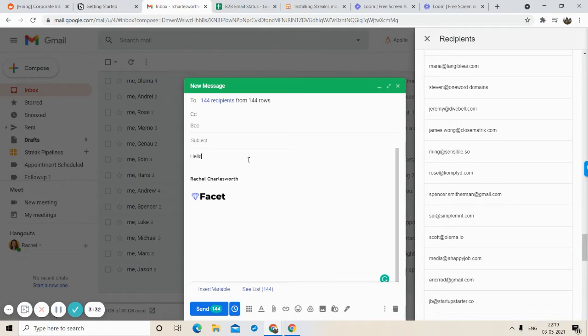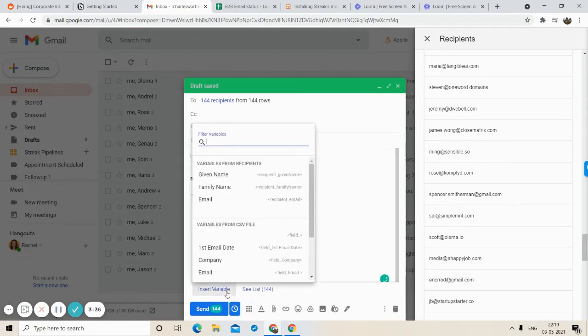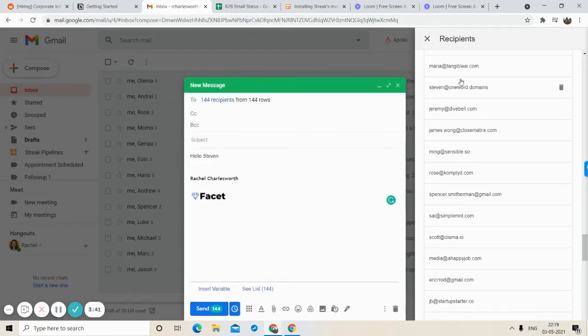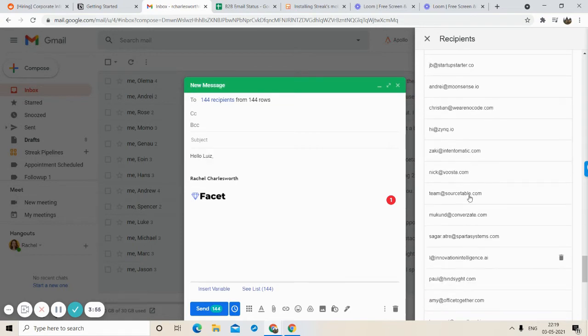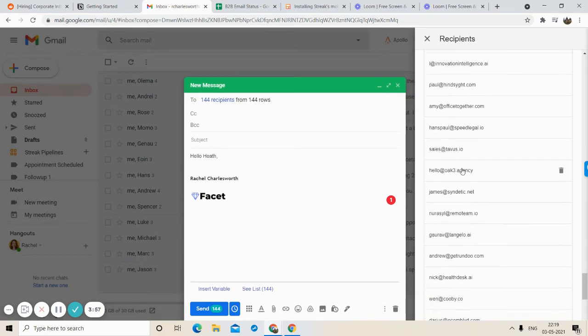Suppose I want to write hello and then the first name of the person, so I select the variable first name. Hello Steven, hello James, hello Rose, hello Scott. This is how it will come. I will insert a comma. As you can see, the names change depending upon the person and the different emails.